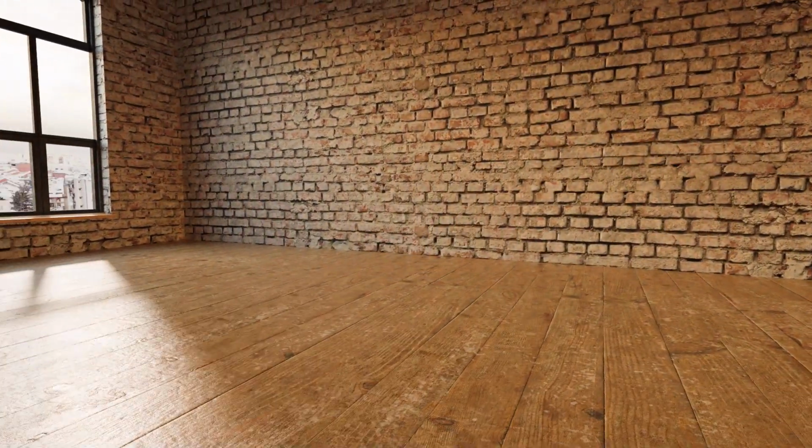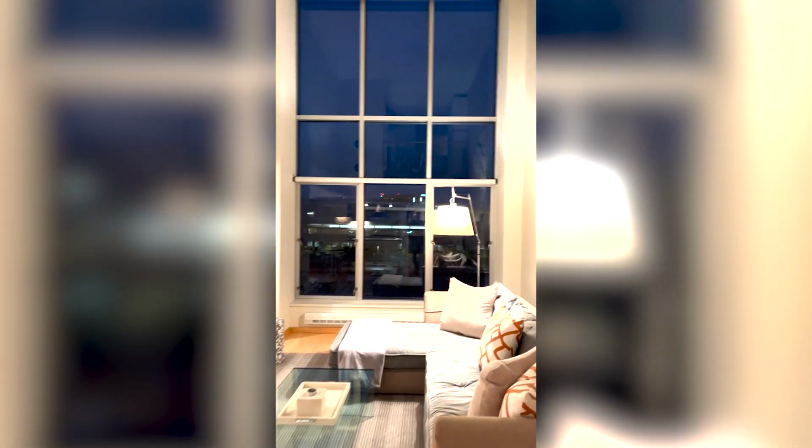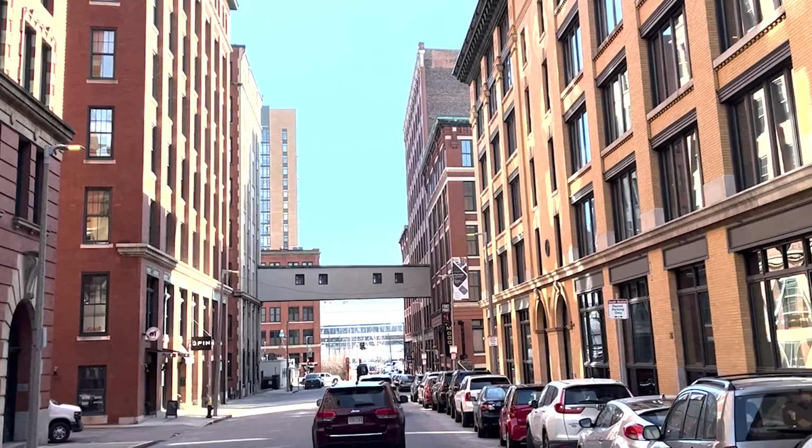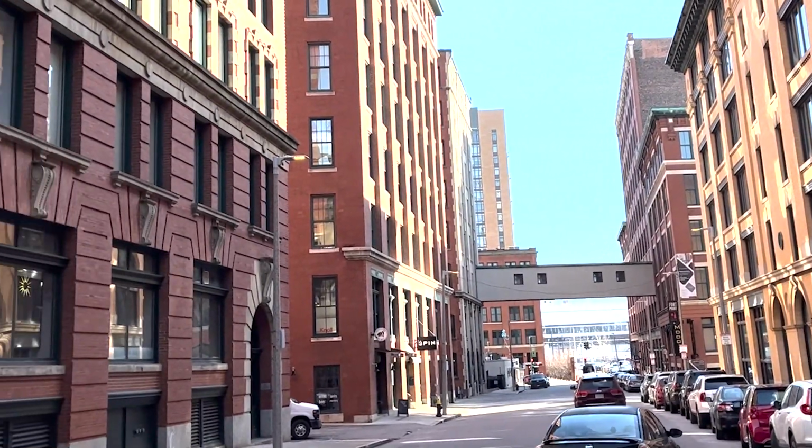You're gonna have large industrial style windows that provide a ton of light. So it's just an amazingly different type of condo that you won't really find in many other places. I've seen a couple of these kinds of condos in the South End. You'll see them in Charlestown. They actually have a couple in areas like Chelsea as well, but they're really concentrated in Fort Point, right? Because a lot of these condo buildings are huge condo buildings, all with this kind of old brick and beam loft style feel,